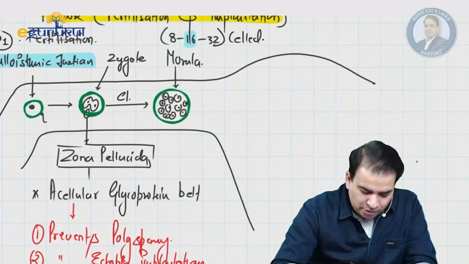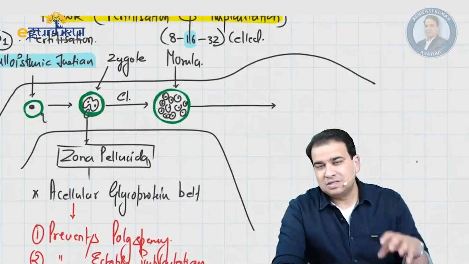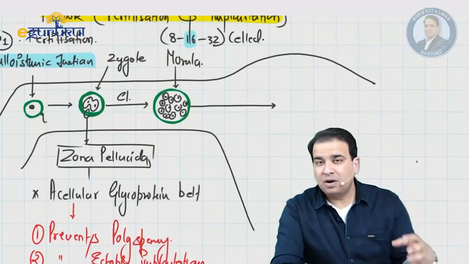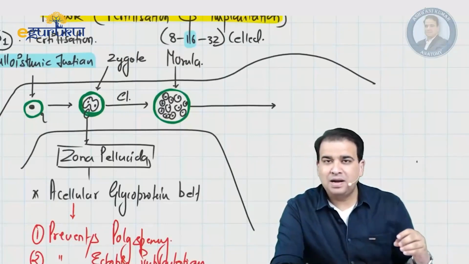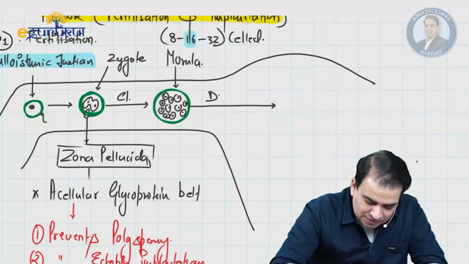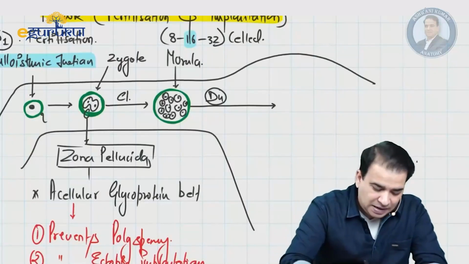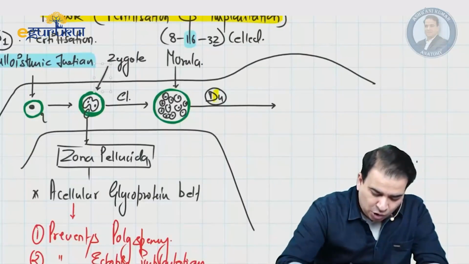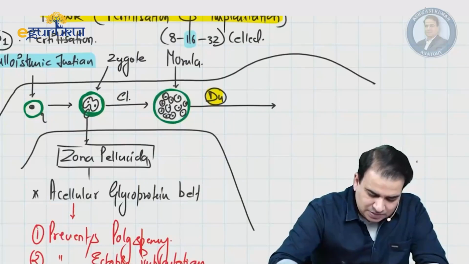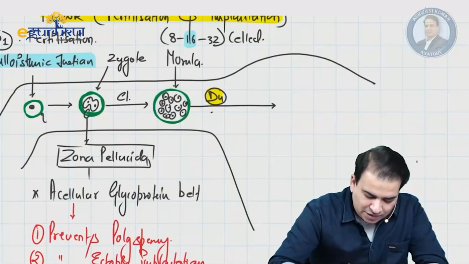And then come a few important questions here, guys. First of all, on what day will the conceptus enter the uterine cavity? Please be careful. I'm not asking what day it implants. I'm asking on what day it enters the uterine cavity. The best answer is day 4. It could be day 3 to day 4, but day 4 is the best answer here. So on day 4, this conceptus is entering the uterine cavity. Let me write the word enters. It's all about entering.